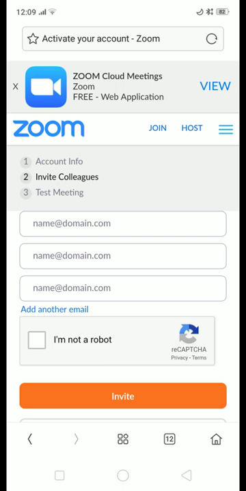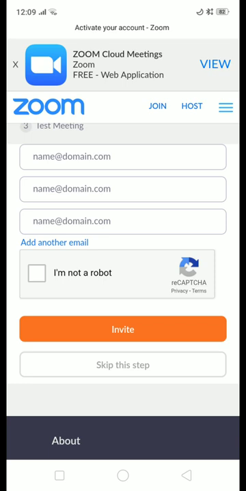Next is invite colleagues. Invite colleagues is meant for when you want a parallel host along with you, if you want to assign somebody else along with you as a host to conduct the meeting. He can be your friend or your student, anybody. But for security reasons, it is recommended that we should not go for this option.